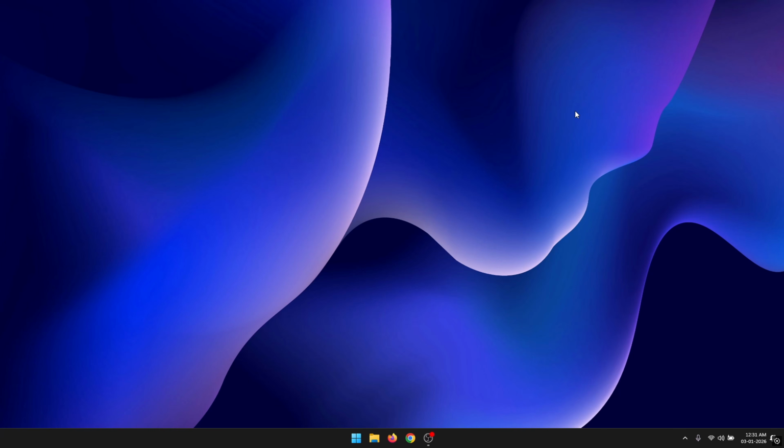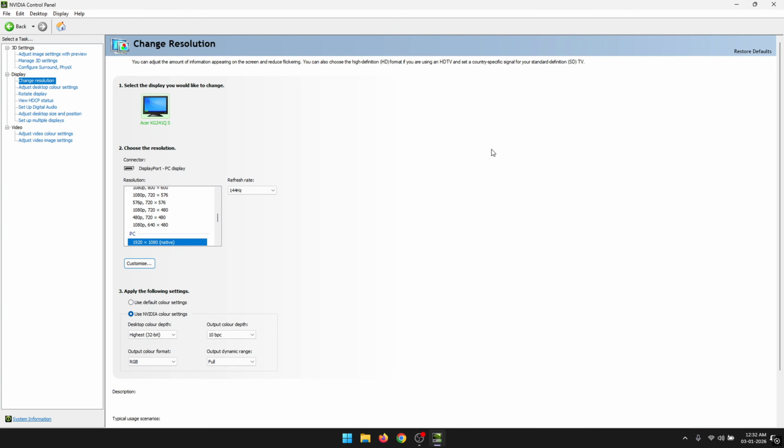In today's video, I'm going to be showing you guys how to get stretched resolution on any NVIDIA graphics card using NVIDIA control panel. To get started, the first thing that you need to do is open up the NVIDIA control panel. Now inside of NVIDIA control panel, the first thing that we're going to do is create our custom resolution. To do that, select the change resolution task from the menu on the left side of your screen and